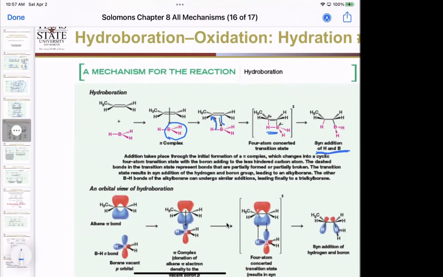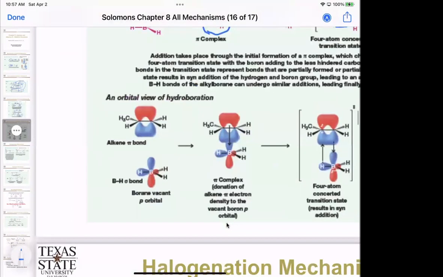Okay, so if we look at that again, remember that boron here has 3 bonds, so it has an empty p orbital right here. So what's happening is we're getting a pre-association between the pi bond and this empty p orbital, because boron only has 6 valence electrons, right? So it gets close and starts lining up. And then it moves over for the transition state so that it can move these electrons into here and these electrons,